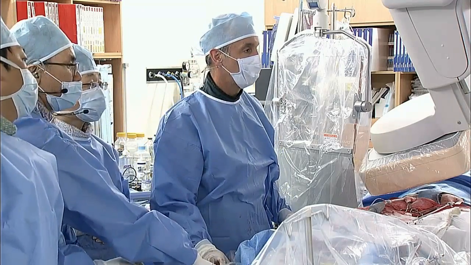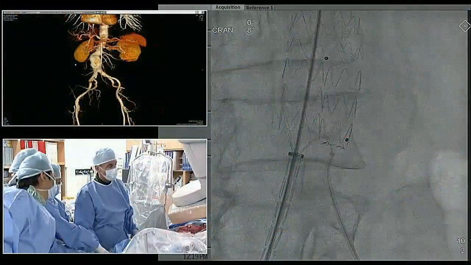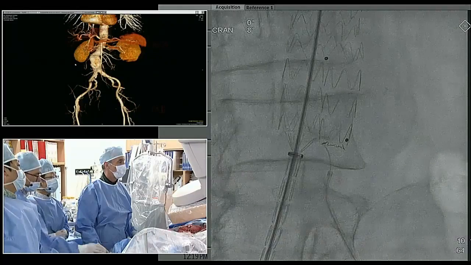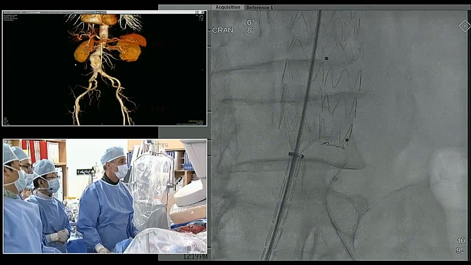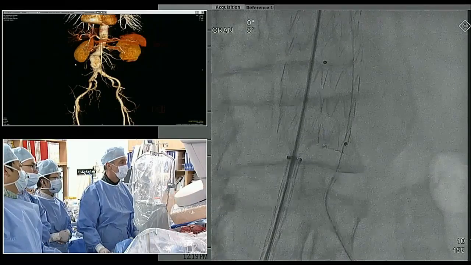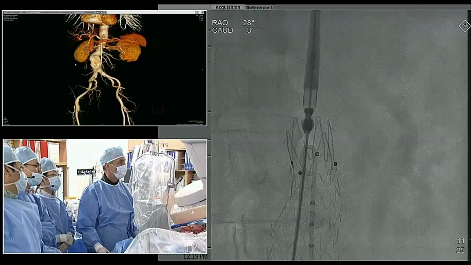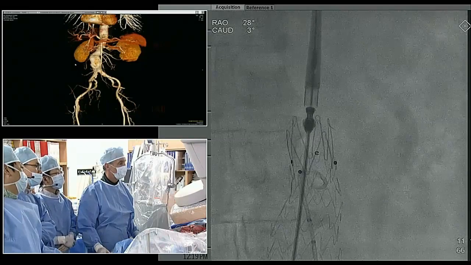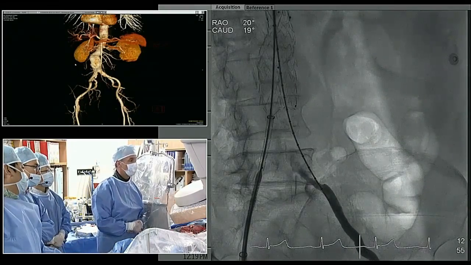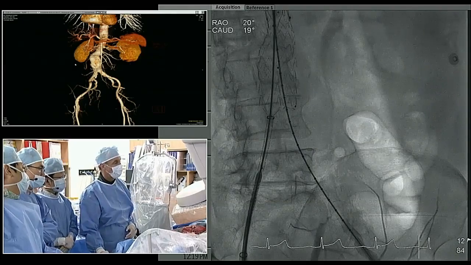So we're just going to show you our cannulation. So this is JR4, which is what they have here. And we got lucky and got it in there. And then we're going straight forward to the next image. Spin the pigtail. Always helpful. And then we took a picture here with a marker catheter, and we measured